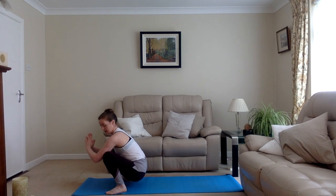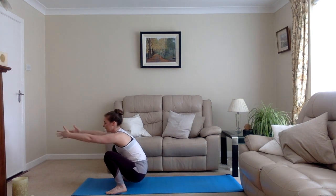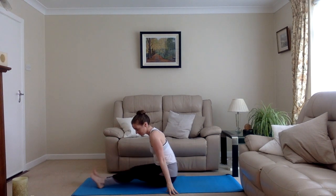So you can take the hands onto the mat, or take the upper arms on the inside of the knees, pushing them out, hands in prayer. We'll just do one inhale, one exhale, and then taking the hands out in front and just taking the weight back, coming onto your bum, extending the legs out in front,